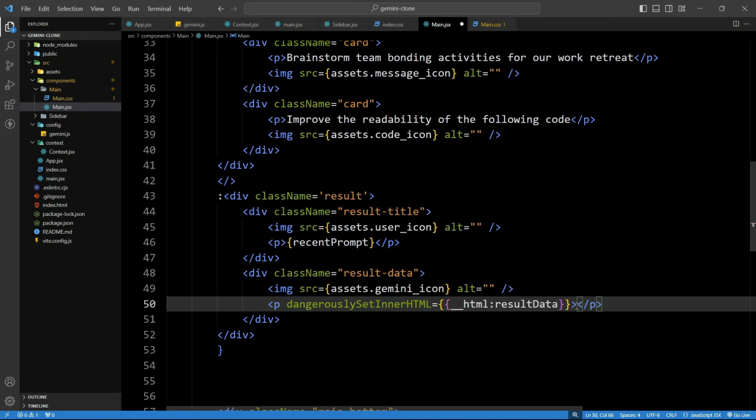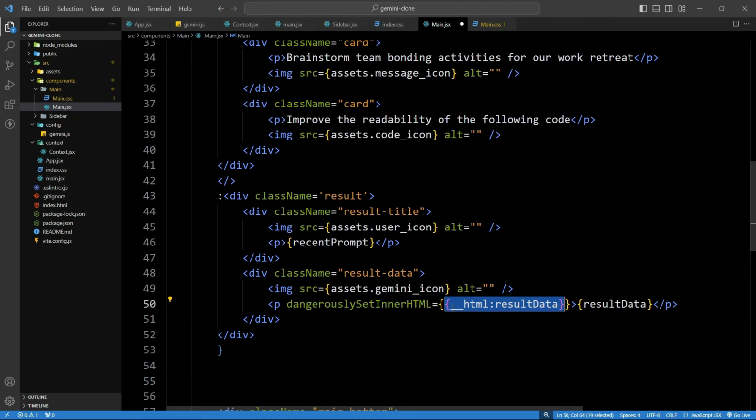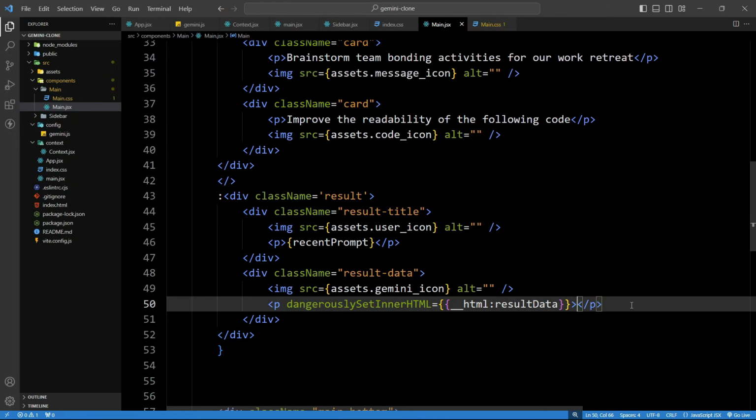If I provide this result data state directly inside this curly braces, in that case it will display all the tags that are available in that text. So if I want to hide those tags and display that tag as a HTML tag, for that we will use this property where we have defined HTML result data. Remove this one, save the changes,